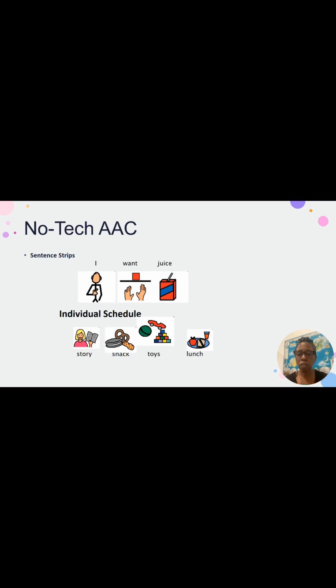Which one should we try next? Red car. Ready, set, go! Which one should we try next? The green car. Ready,